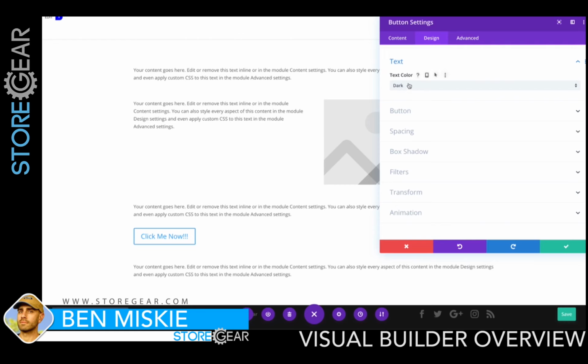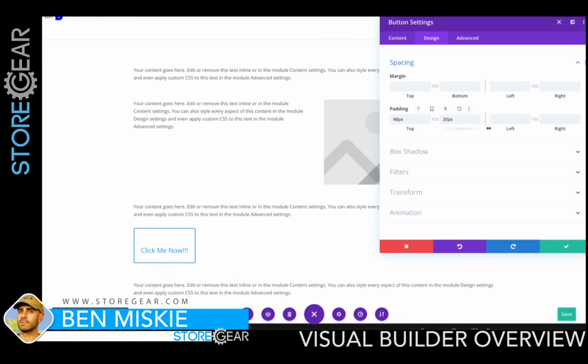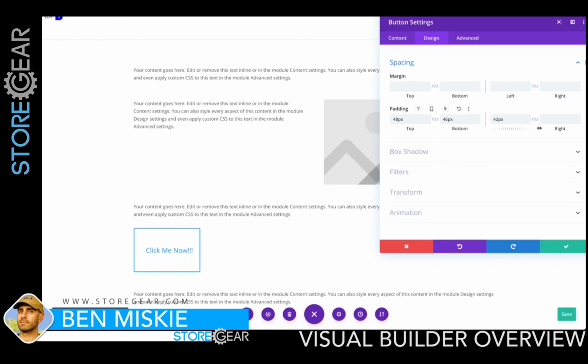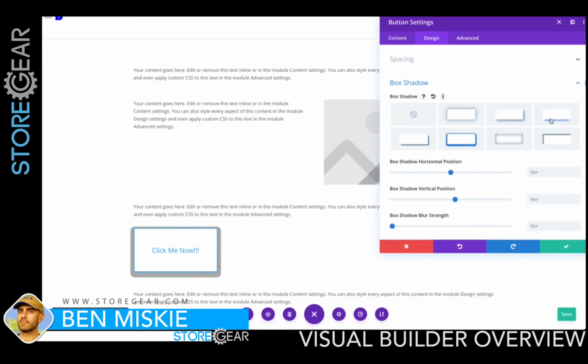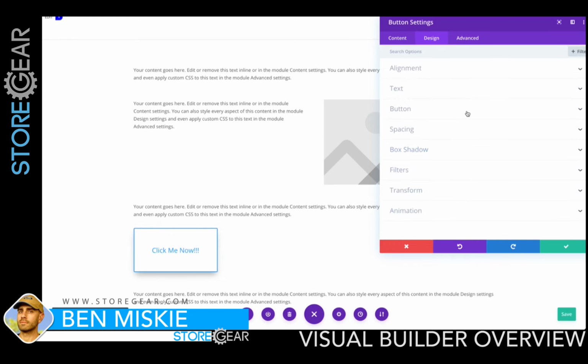You've got your text. We'll keep it at the default. You've got your spacing. So say you want more space in between the words and the edge of the button. You can increase the padding. Just like that. We could add a shadow to this button so it pops a little bit more. And then we can customize the styles even further